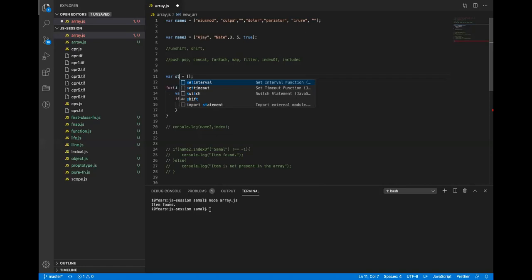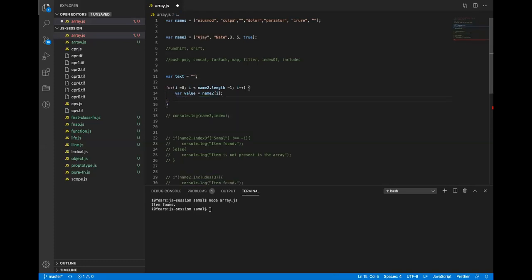Instead of writing something like this, let's say I have a text, which is an empty string. Now what I want to do is say text equals text plus a value here, and whatever value, space I want to give.